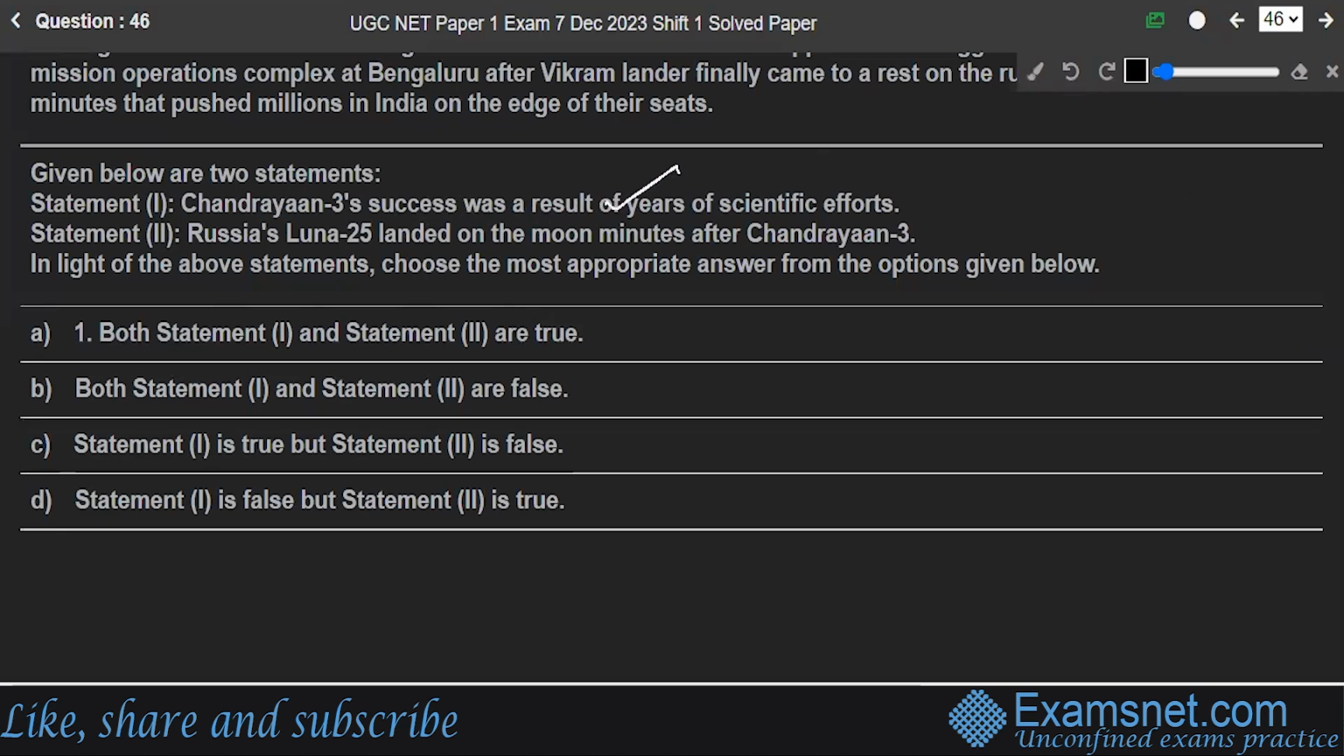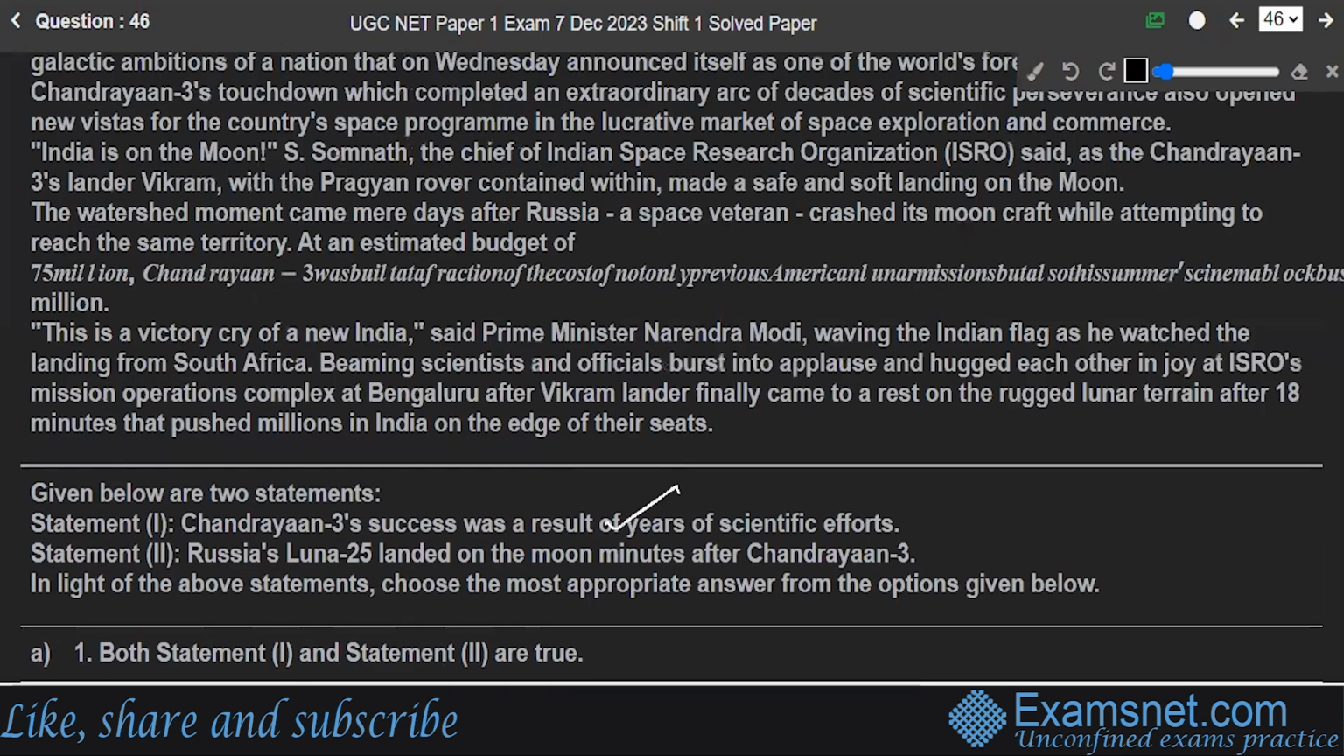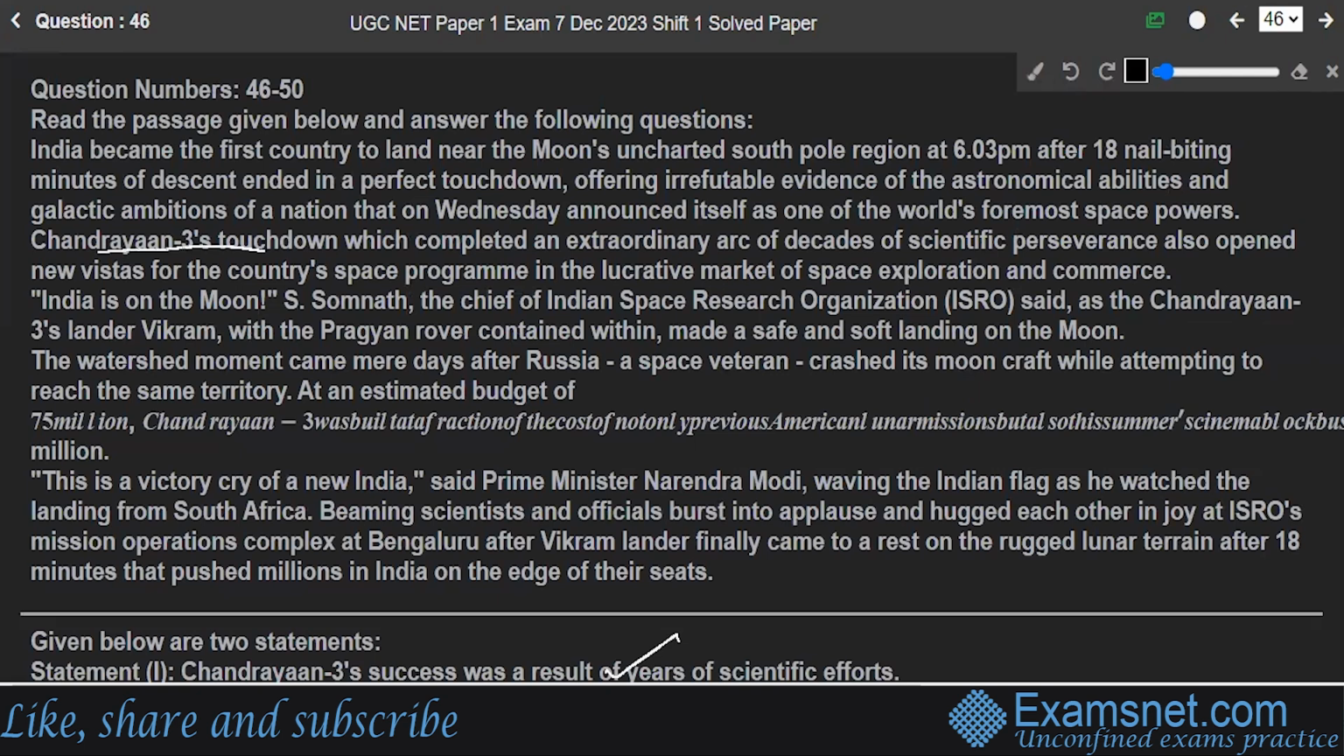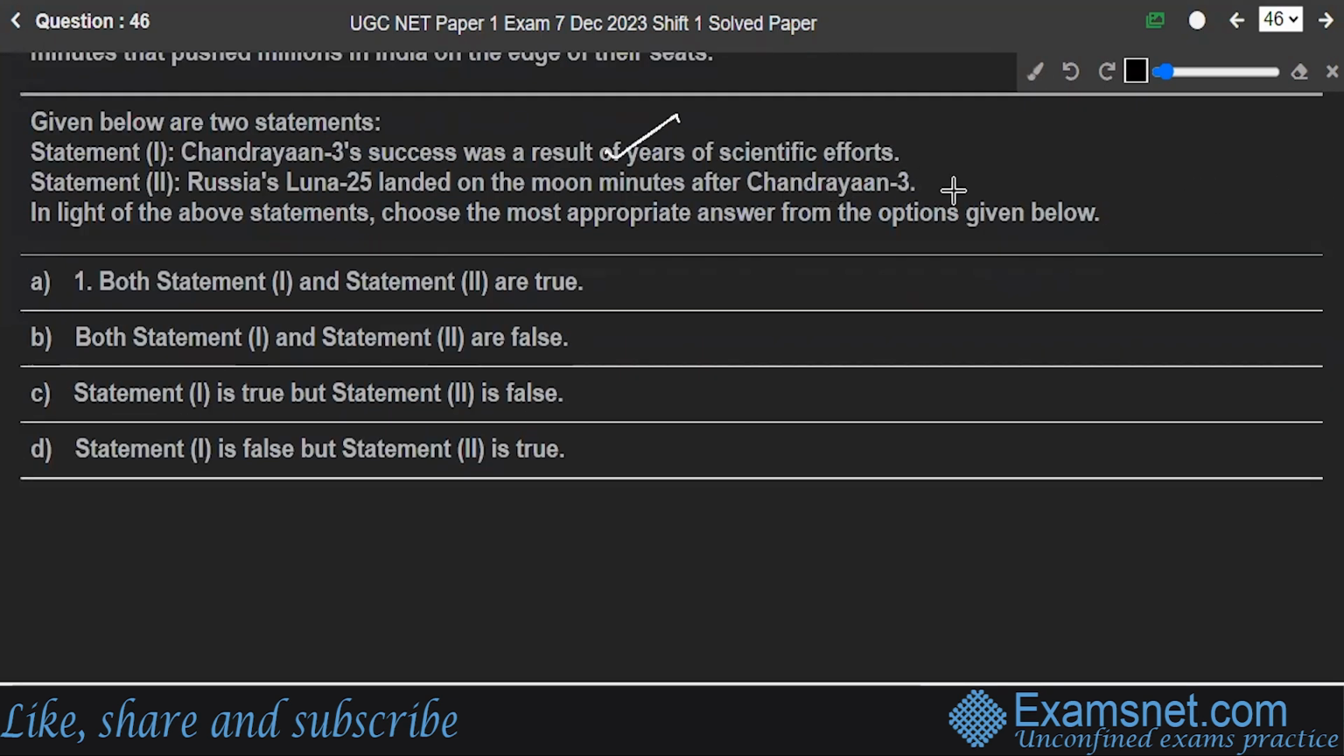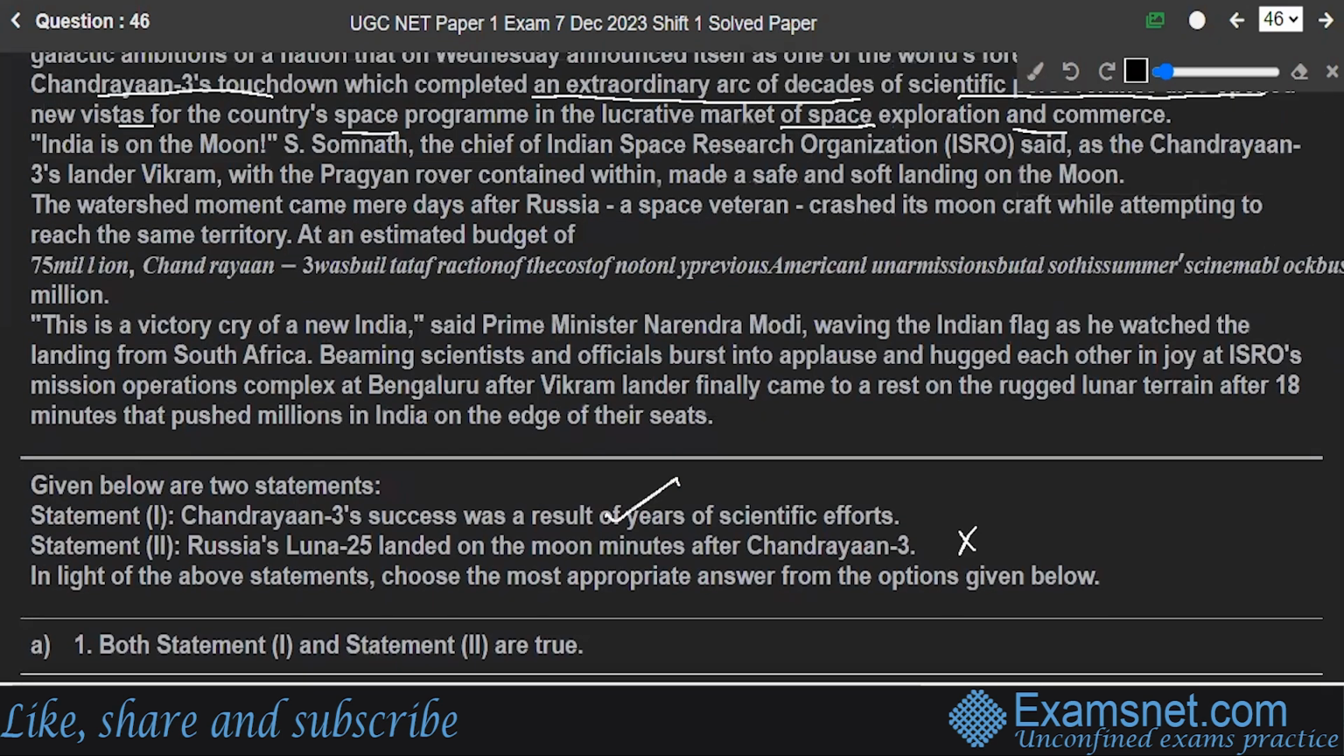Chandrayaan-3's success was a result of years of scientific efforts. If you can see it from here, Chandrayaan-3's touchdown, which completed an extraordinary arc of decades of scientific perseverance, also opened new vistas for the country's space program in the lucrative market of space exploration and commerce. So this is true, but the second one, Russia's Luna 25 landed on the moon minutes after Chandrayaan-3, this is wrong because we just read that it crashed its mooncraft while attempting